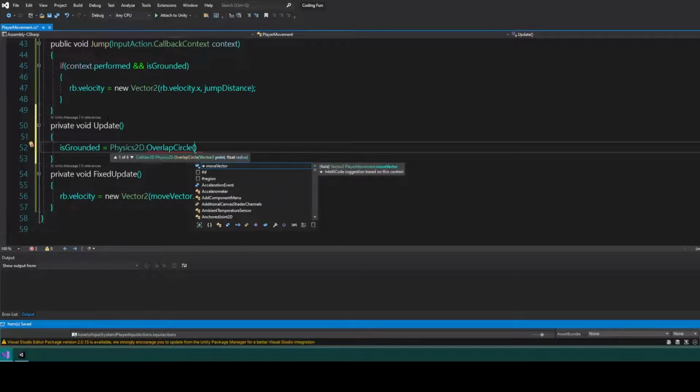And you can see it takes in a Vector2 and a radius with some overloads. So that Vector2 is looking for basically a spot that it's going to overlap with the ground layer, if